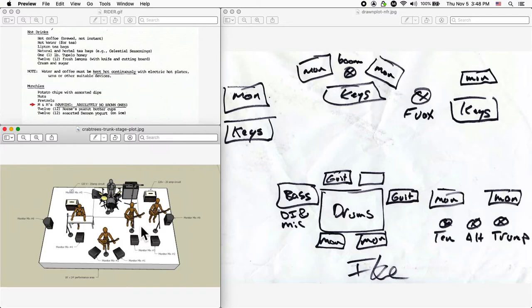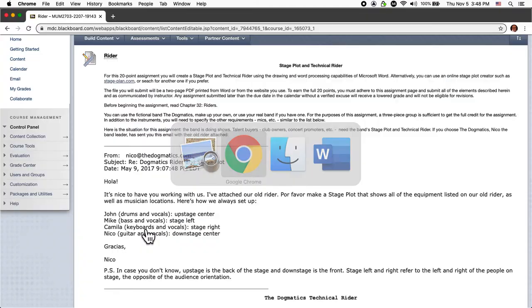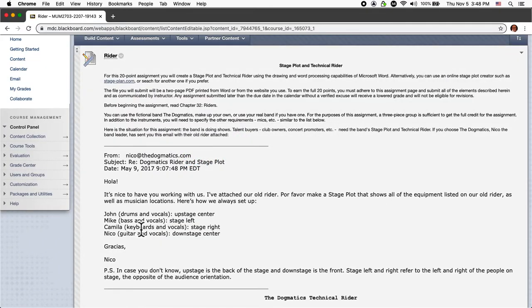But what we're going to accomplish today not only creates a simple stage plot and rider, but also helps you develop your skills with Microsoft Word, which is part of what this course is supposed to accomplish. So I'm going to switch over right now to the assignment page for the students that are in this class. This is available on Blackboard, and it's got a link here to one of the sites. So if a student is taking this class and they prefer to use that method, they can. I recommend you go through this, or at least some of this assignment, so that you get your Microsoft Word chops